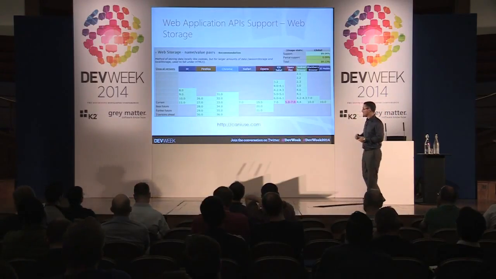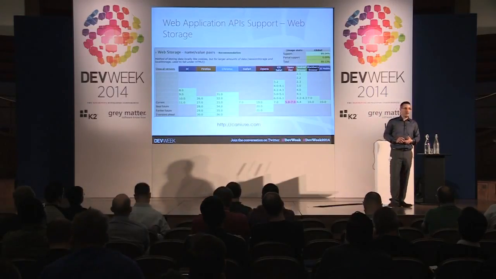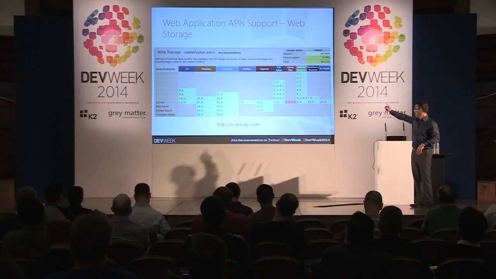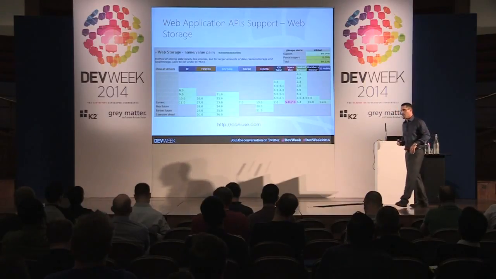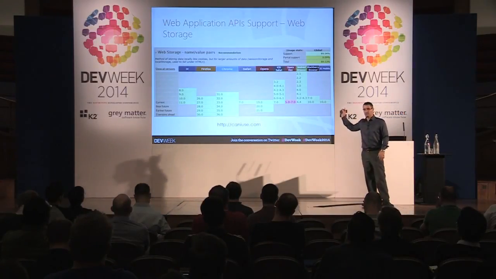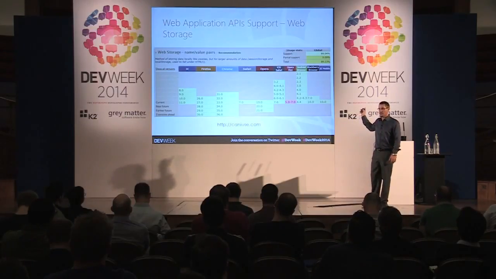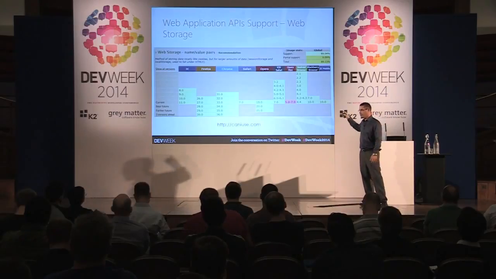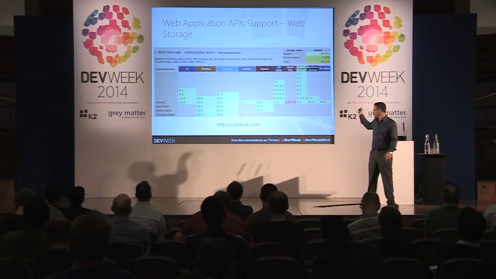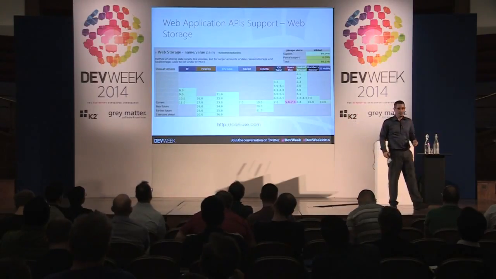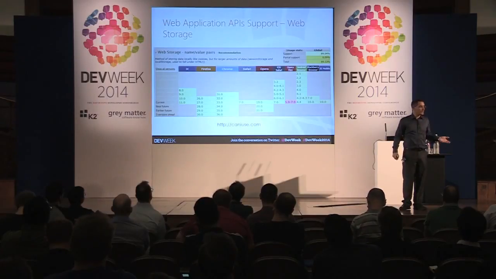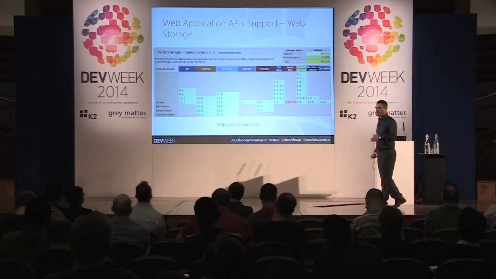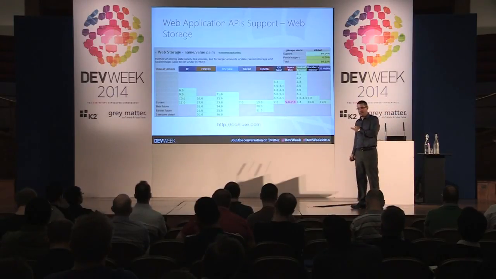For example, you can see that web storage is implemented from IE8 and forward. And on the right side of the screen, you can see web browsers of mobile phones. Okay, so you can see that web storage, except Opera, is supported by all of the mobile browsers from early versions. So if you have a website that uses storage in the client side, you can gain a lot, because